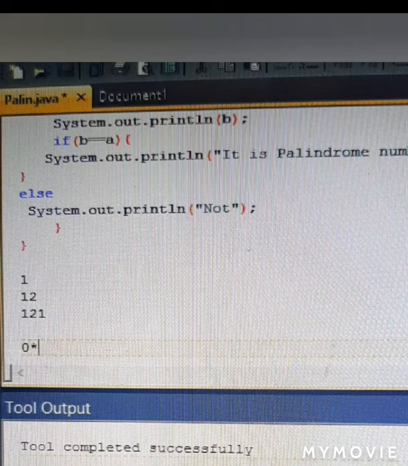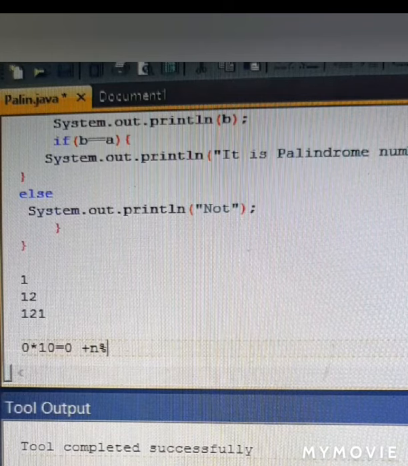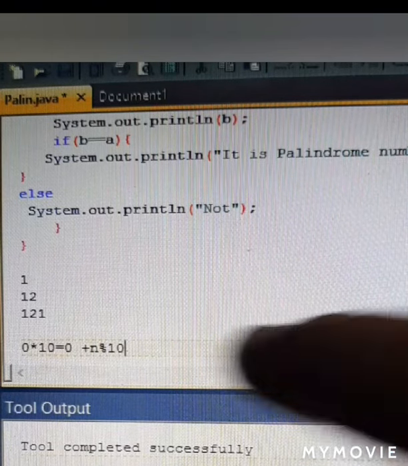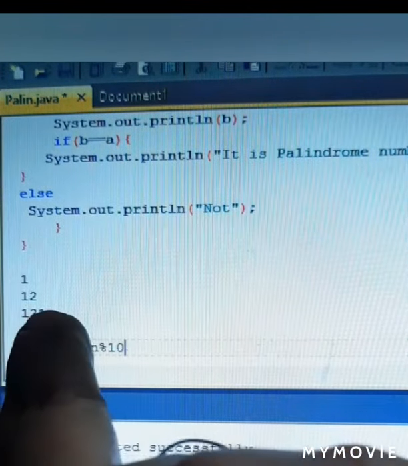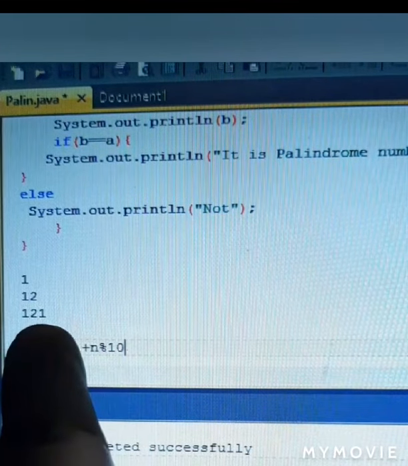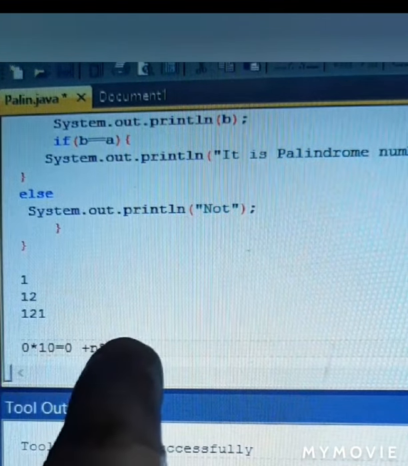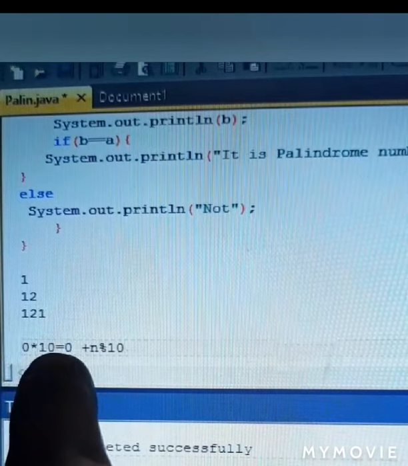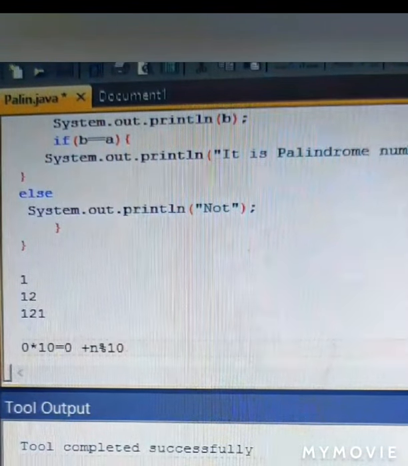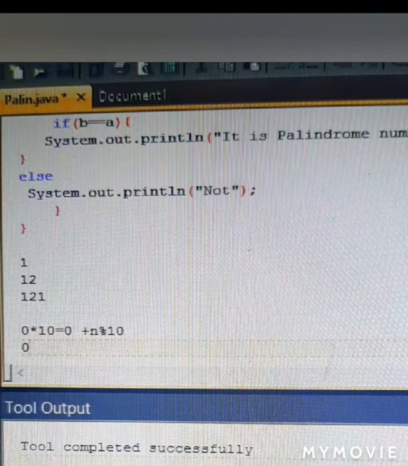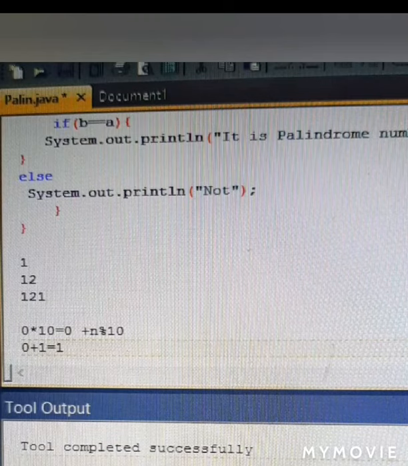So 0 into 10 was 0, and after that I have written in my program n modulus 10. So what was the remainder when 121 was being divided by 10? The remainder was 1. So this remainder 1 will be added to this 0. So 0 plus 1 will give us 1.